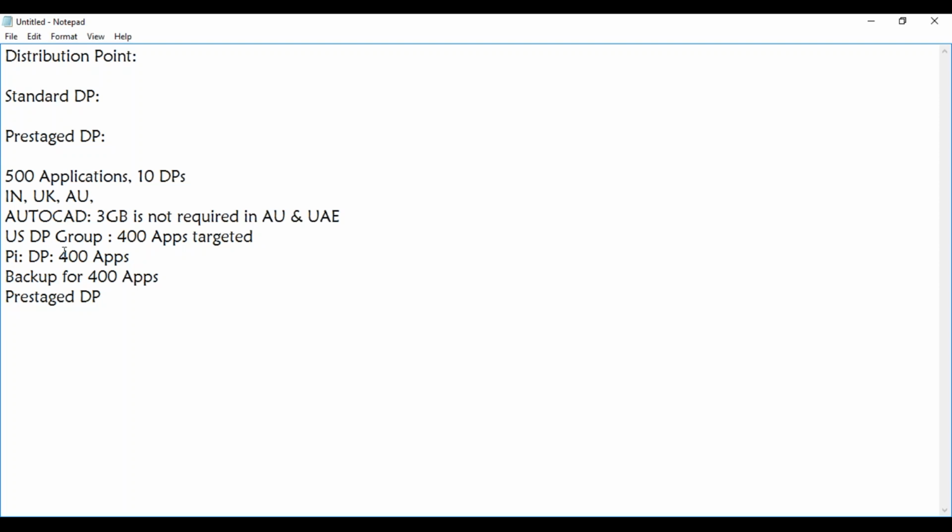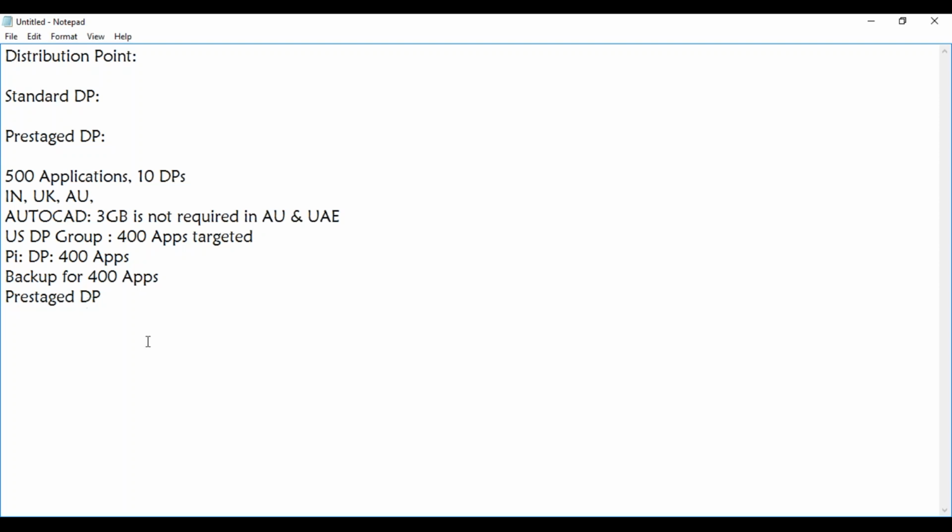They understand that these applications will be manually copied to that Pittsburgh DP. So now you're supposed to select all the 400 applications in the console, right-click and say create pre-staged content file, and then copy that pre-staged content file onto the pre-staged DP. You double-click it so it will extract the content there,